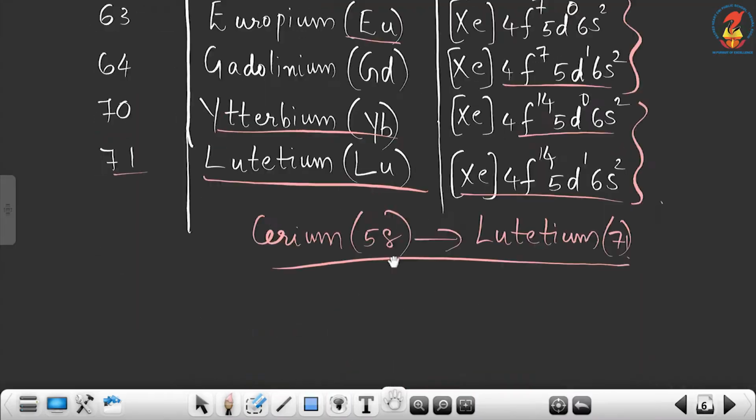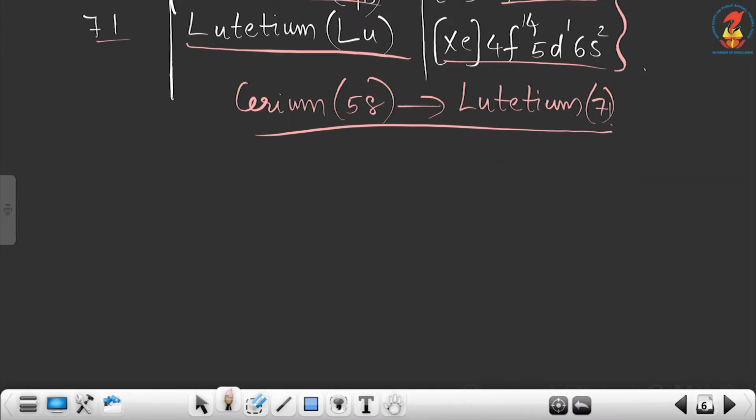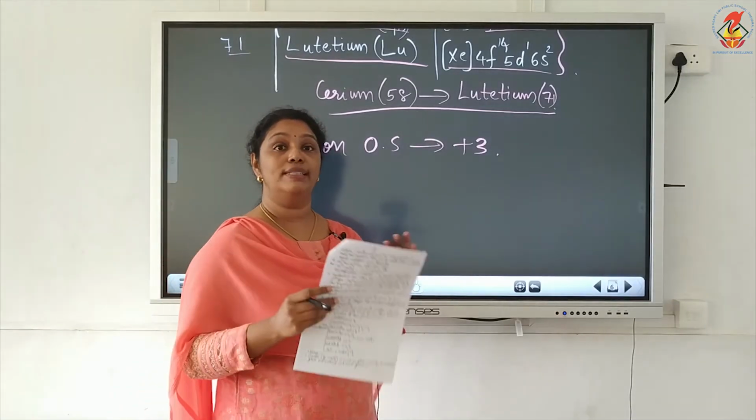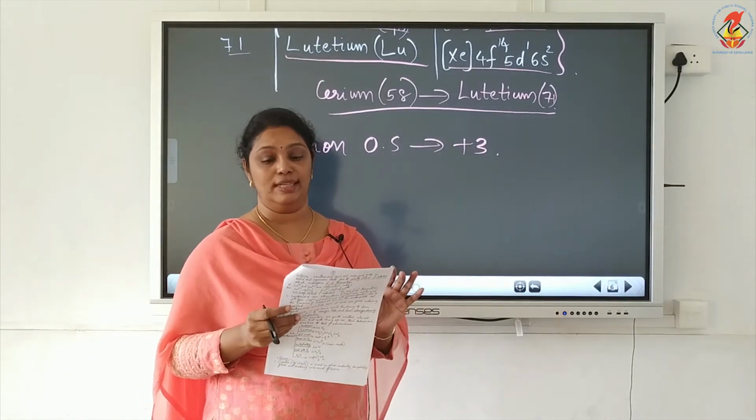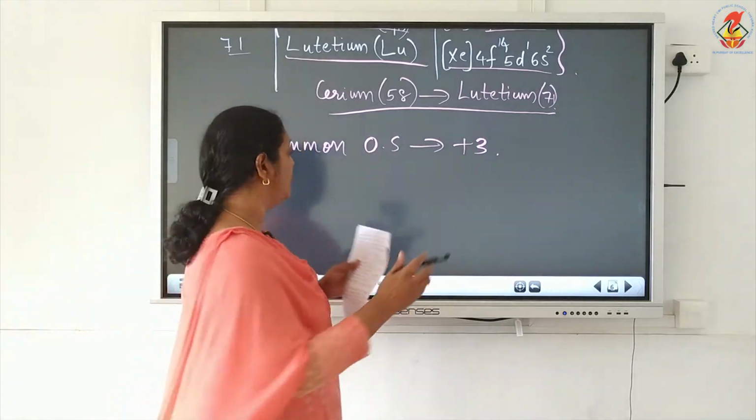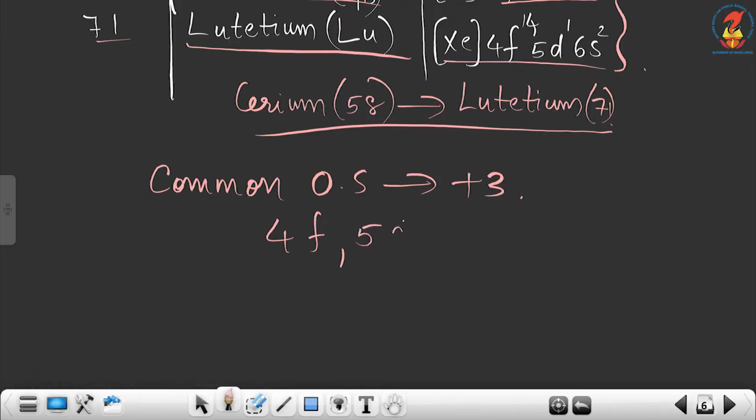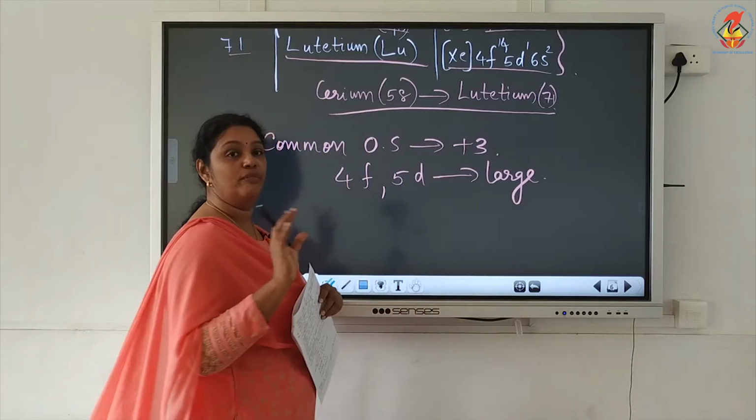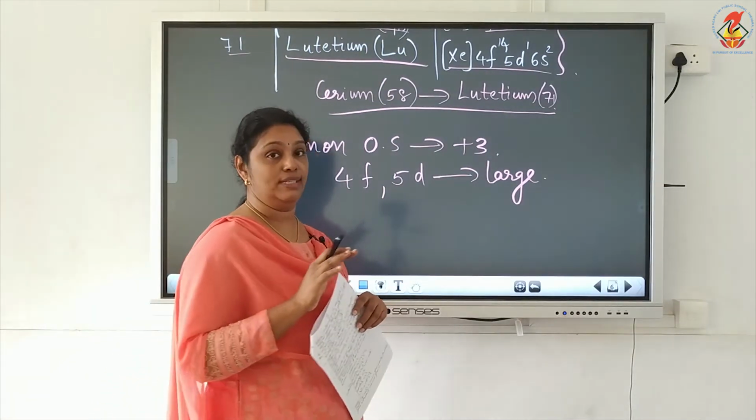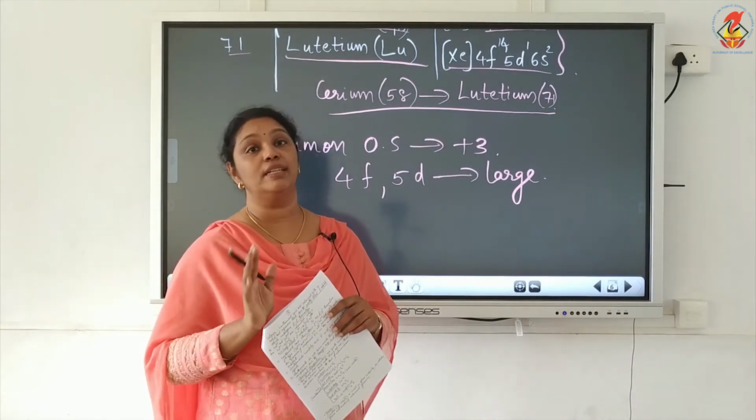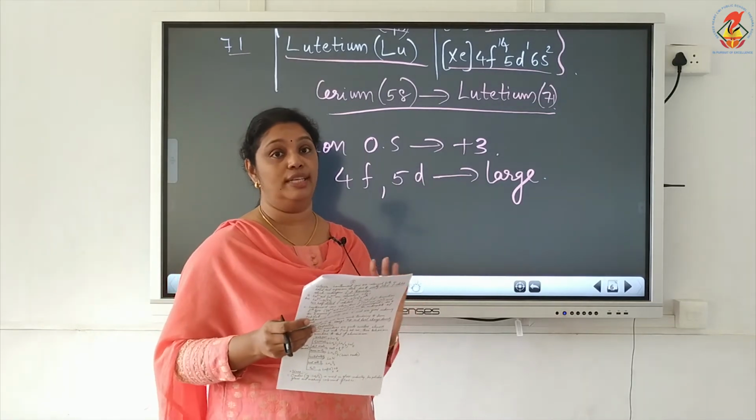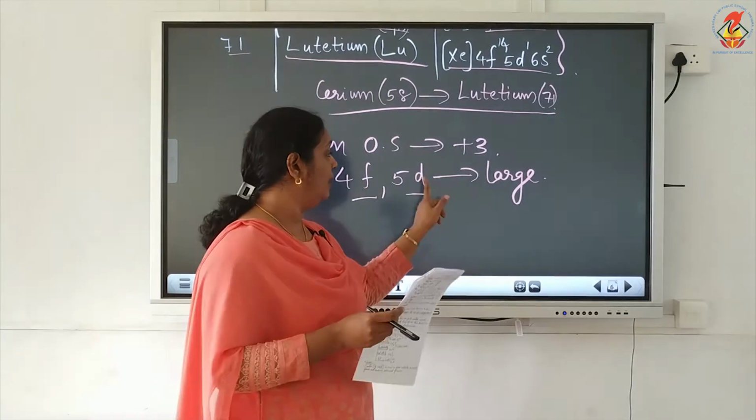The common oxidation state exhibited by lanthanoids is +3. All the lanthanoids exhibit +3 oxidation state. Now lanthanoids show a limited number of oxidation states because the energy gap between 4f and 5d subshell is large. So only a limited number of oxidation states is exhibited by lanthanoids. That's the question: why do lanthanoids show a limited number of oxidation states? Due to the large energy gap between 4f and 5d